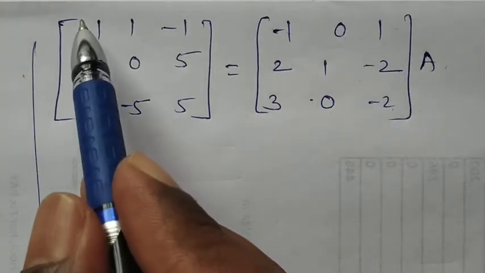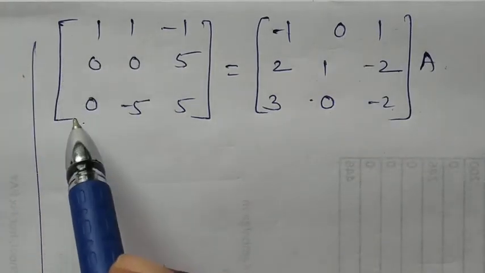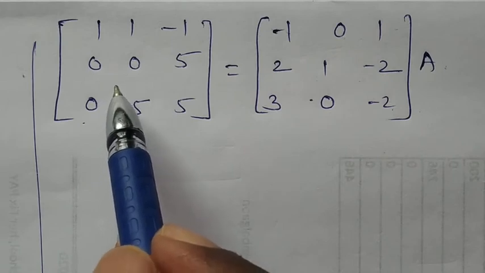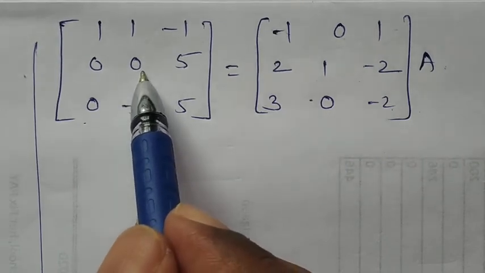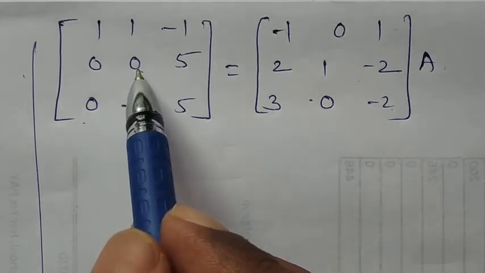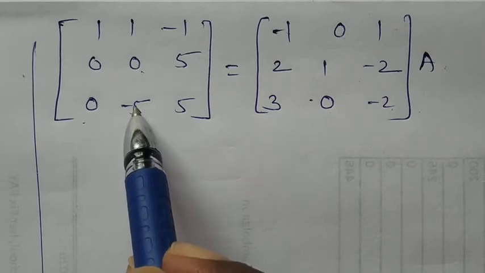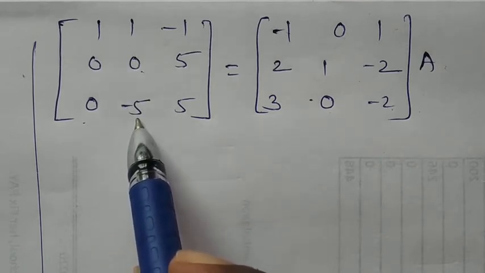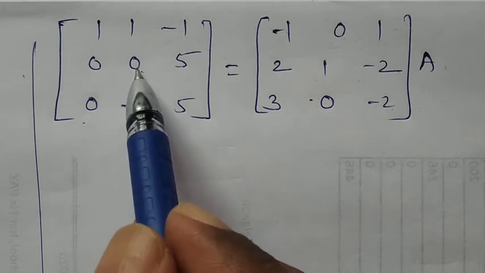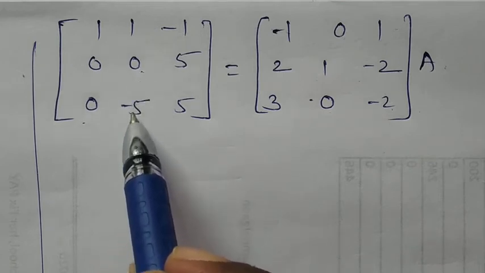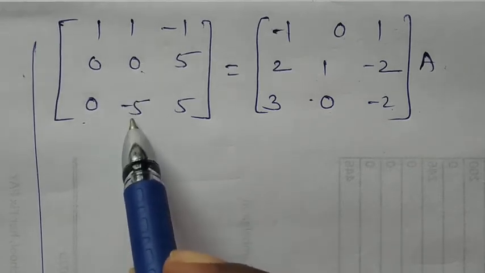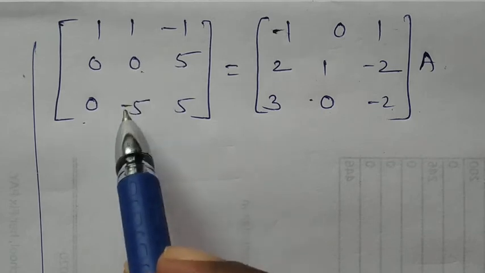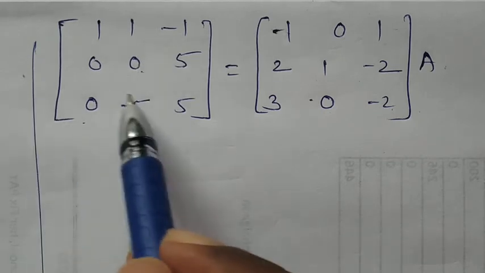Now the first column is completed, that is step 1 and step 2 completed. Now take step 3: a22 is 1, but now it equals 0, so we want it to be 1. First is interchange, but there is no 1 here, so add and subtract by this, so it becomes 5. So what we do is interchange with minus 5 here, R2 and R3, and then divide by the same number.